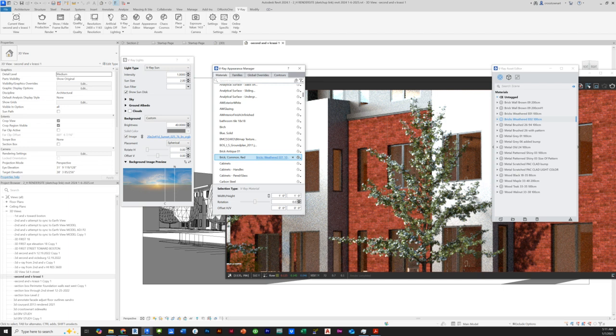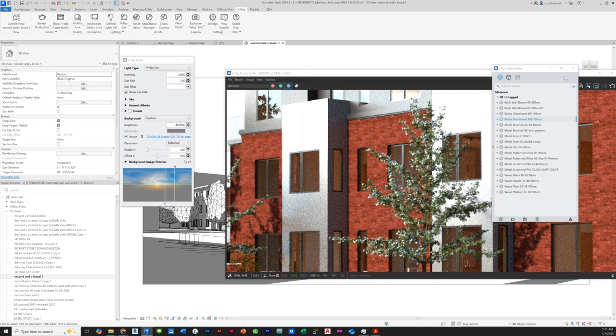You can choose eggshell, satin, the different finishes. It's really out of control, the variation. Anyway, now that we've mapped the Revit material to this weathered brick that we found in V-Ray, I can close all this